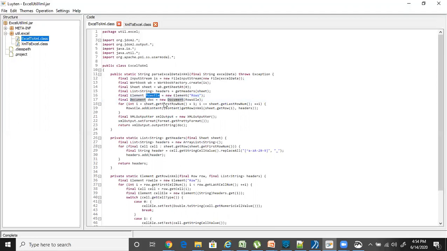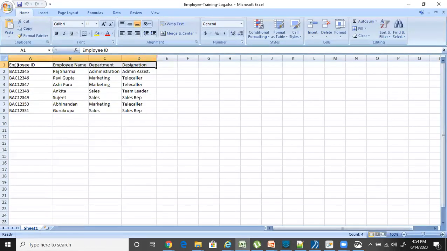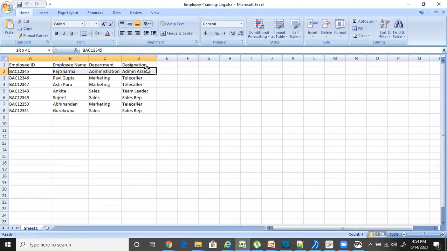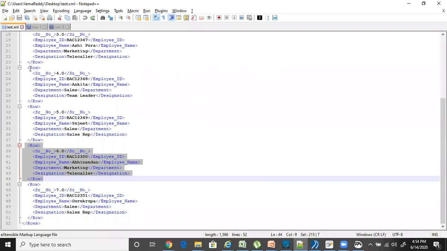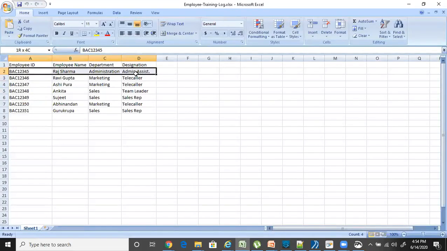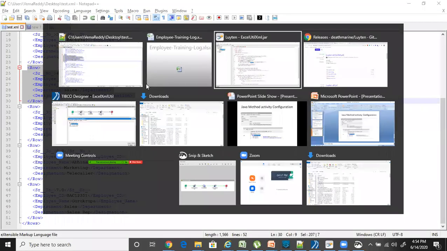After that, I'm going through all the rows. I'm trying to understand how many rows there will be. I'm able to get the row first number and row last number. Let's say if I have 20 records, the get row last number method will return me the index 21. So from this index to this index, I'm looping, iterating, and taking every record. For every record, I'm converting it into an XML. The same process repeats, so we'll see how we generate it for one record, and the same steps will be involved for the other records.